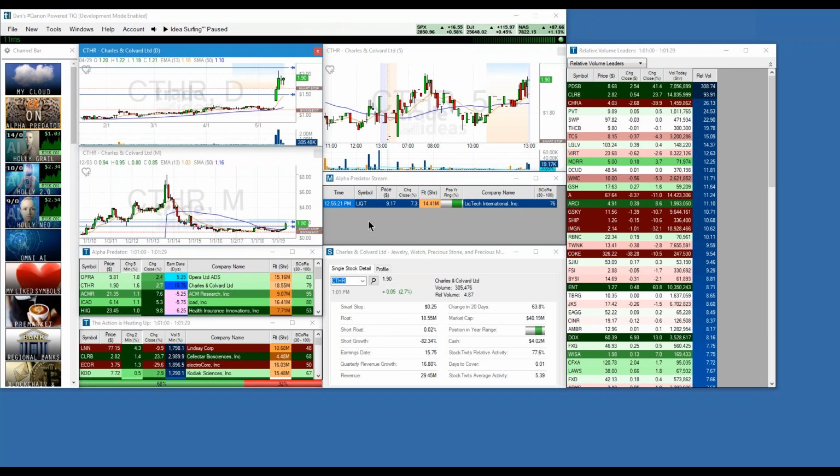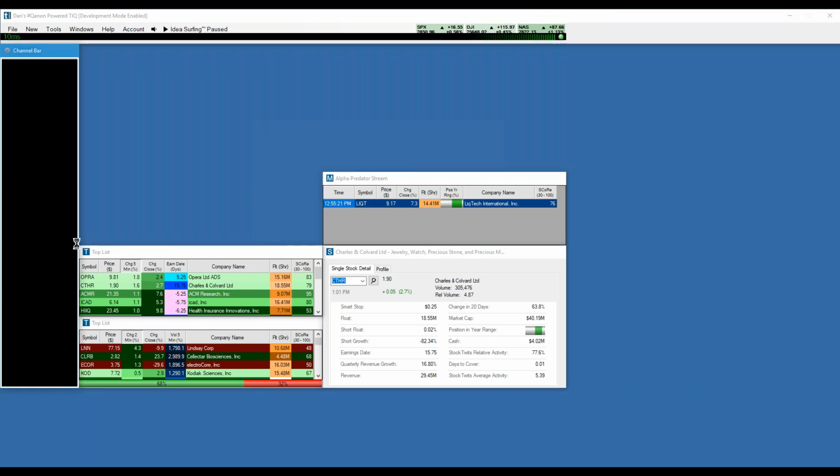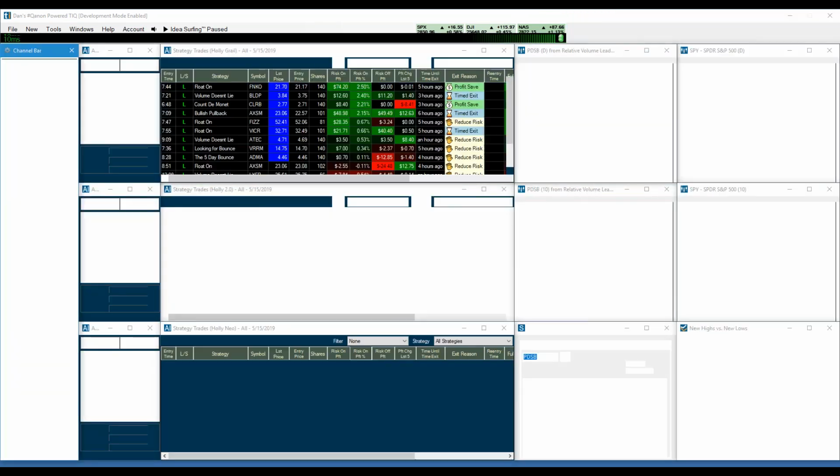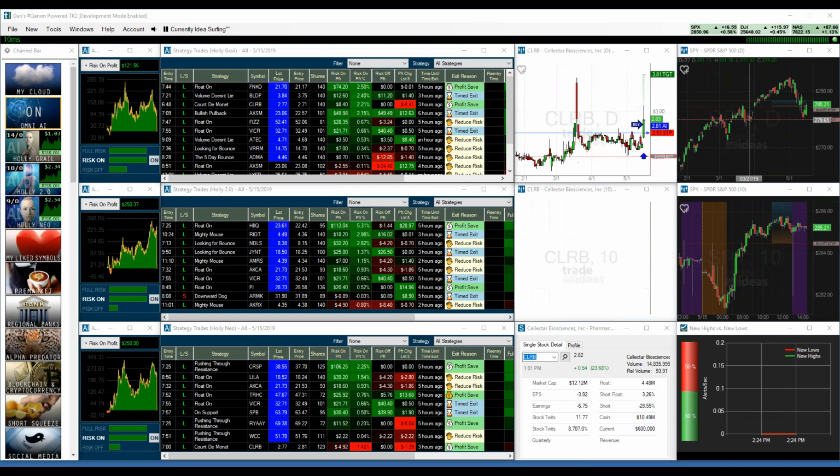GT, yes, you will be able to do that as a setting. Obviously, you will have to be logged in. So, for example, let me go back to Brokerage Plus for a minute. I mean, the AI as it would work with Brokerage Plus. So here, all of these strategies, all of these orders in my account, were executed automatically, including the stops